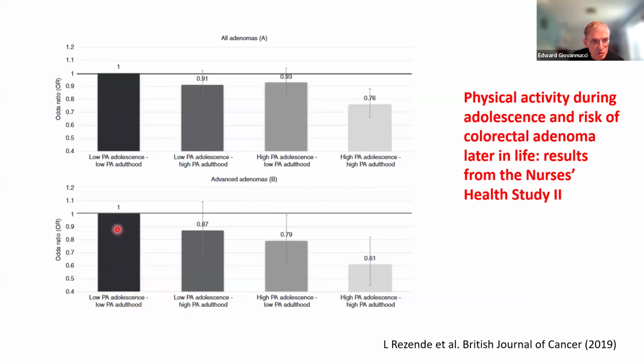In this slide, we look at physical activity. The reference group is low physical activity in adolescence and low in adulthood. And these are people that are high in adolescence, high in adulthood, and they have almost a 40% decreased risk of adenoma. But what's interesting is that if you're high physical activity in adolescence and low in adulthood, you also have a